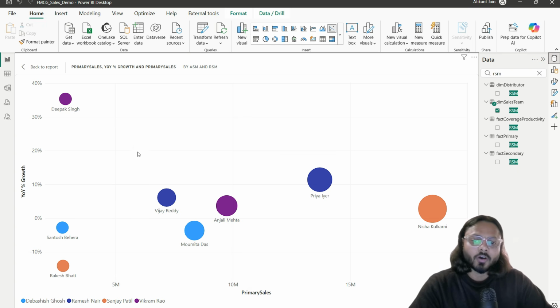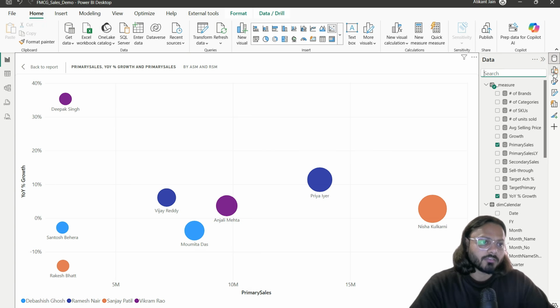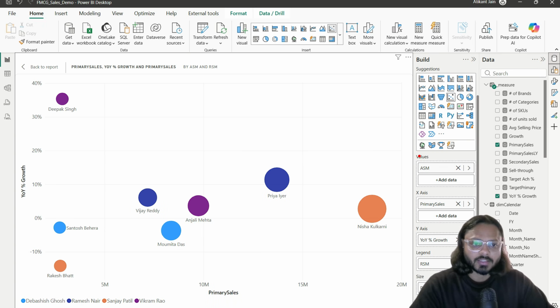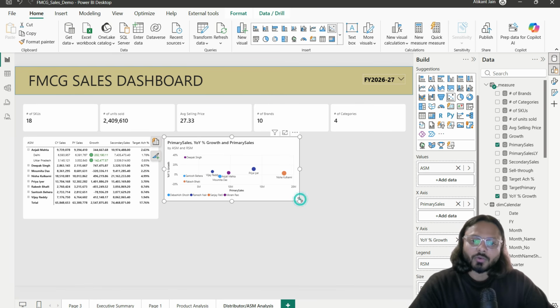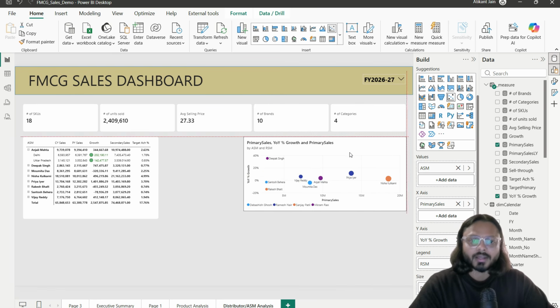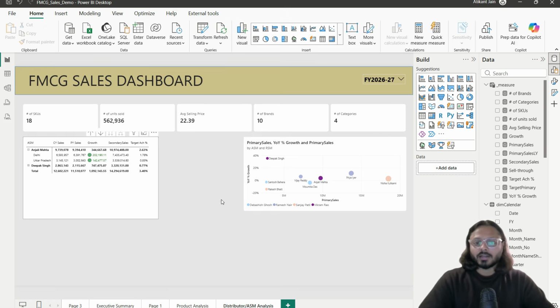So you can see all these kind of things, and again you can play around, and if you go to these values, instead of ASM you can change it to some other field and see the further analysis, right? So it is very flexible, and then you can play around with that as well. One more thing which I wanted to show here was the heat map. So when you're doing analysis,